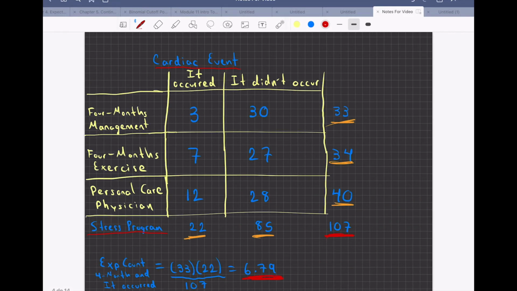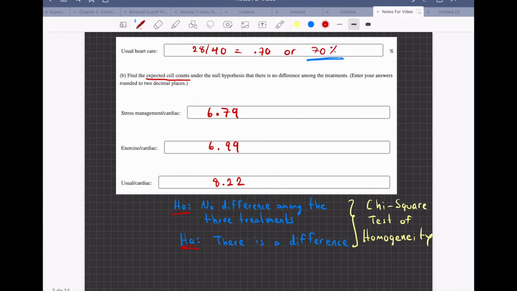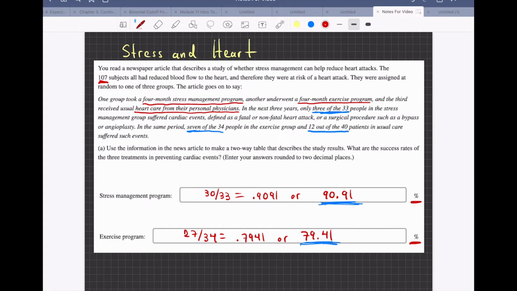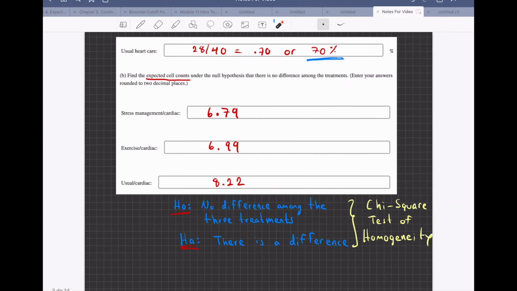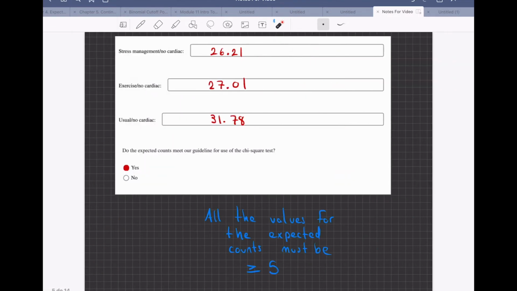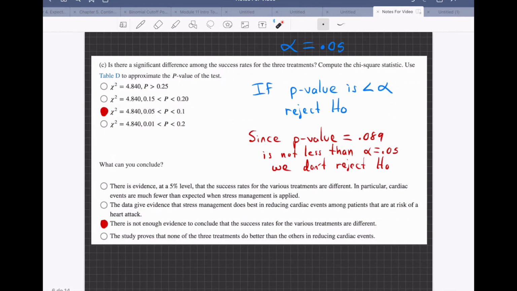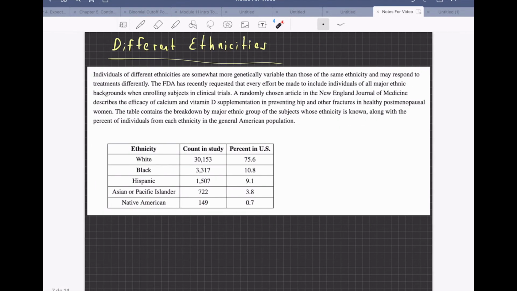Yeah, I know. In the problem, of course, the rates, this one is greater, 90%, 79%, and 70%. But anyway, even with that, it seems that there is not a significant difference. So that's why we don't reject H null. All right. Next example. It says,